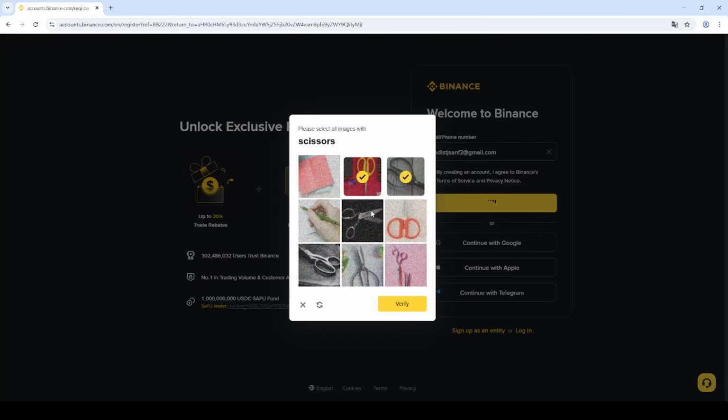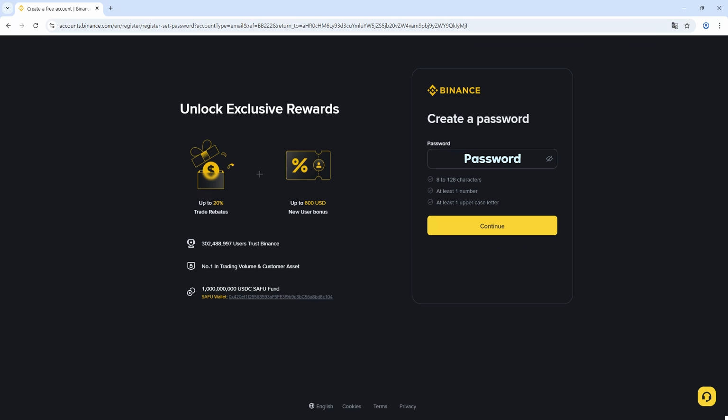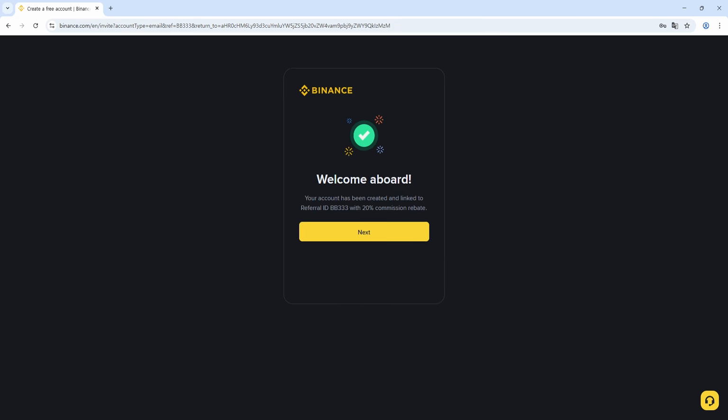Please click the image that matches the word shown in the top left. Next, proceed with email or mobile phone verification. Now, please create a password. Your password must be at least 8 characters long, and include at least one uppercase letter, one lowercase letter, and one number. If you need to enter an invite code, please enter